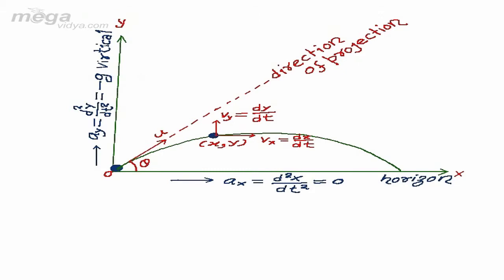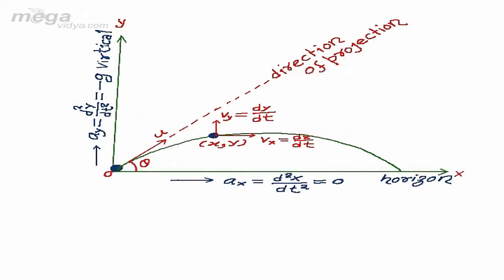If we want to talk about vertical components of the motion, which will have some properties like displacement, which is indicated by y here, velocity along the vertical direction, which can be treated as dy by dt, and acceleration, of course, it will be d2y by dt square, which is minus g in this particular case because acceleration due to gravity acts vertically downward. So we got here negative acceleration caused by gravity of the earth.